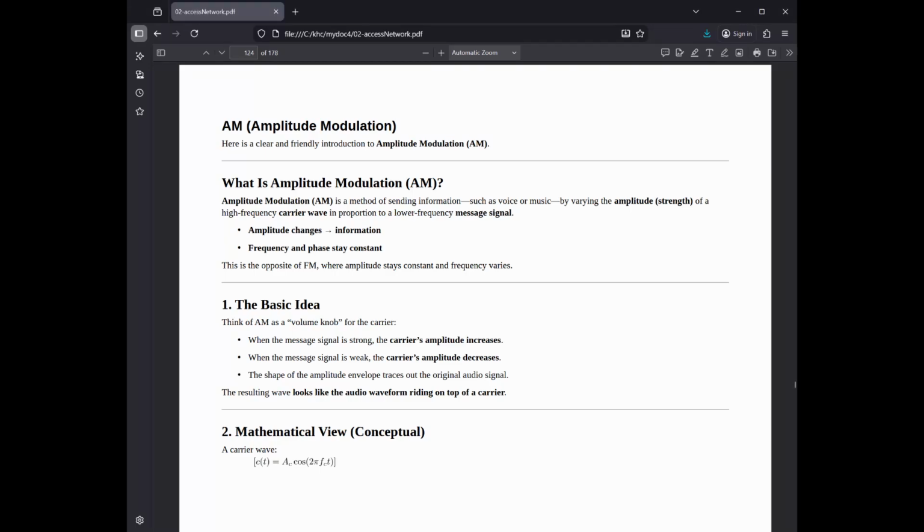AM, amplitude modulation. Amplitude modulation, AM, is one of the oldest and simplest ways to send information via radio waves. It works by varying the amplitude, strength, of a high-frequency carrier wave in direct proportion to the instantaneous signal of the data you want to send, like your voice. Think of it like a flashlight. If you quickly make the beam brighter and dimmer to signal a message, you are performing a simple version of